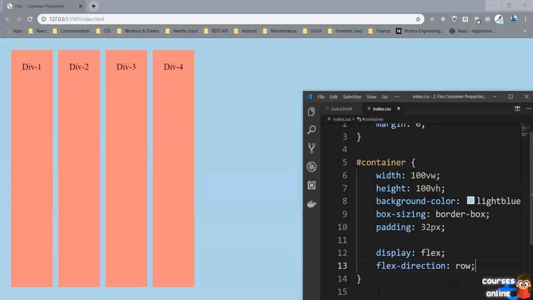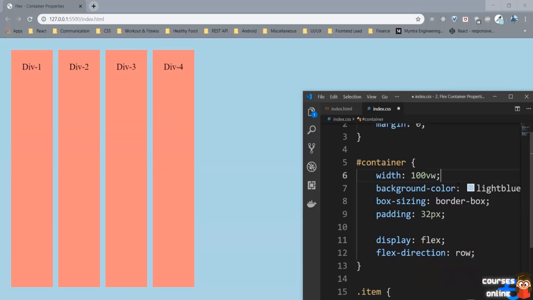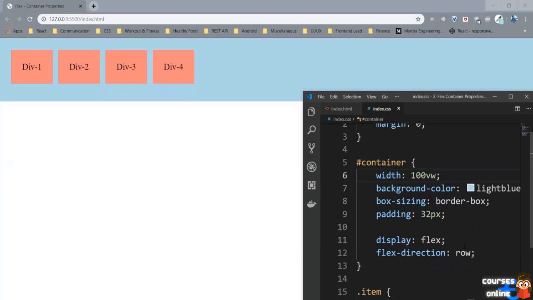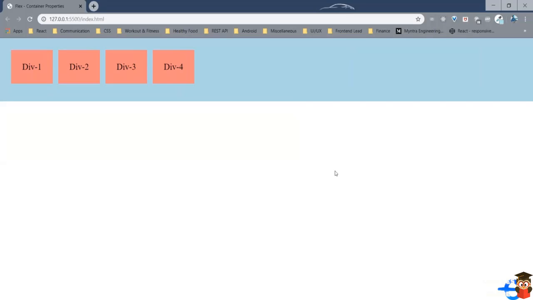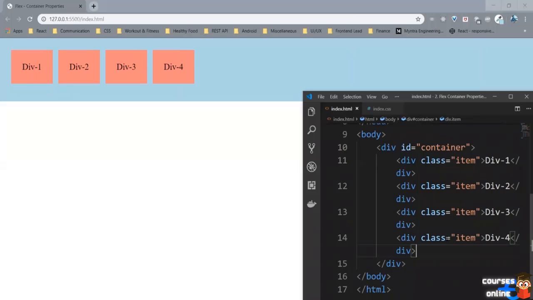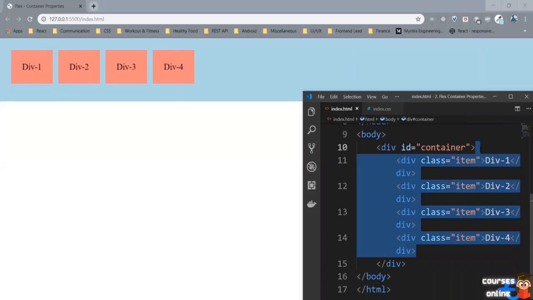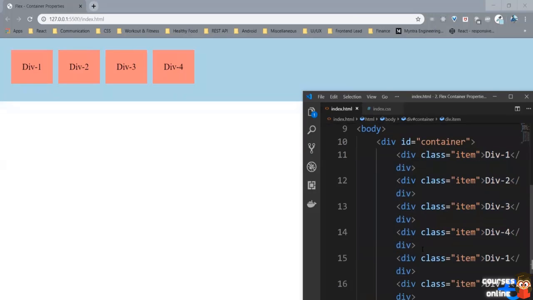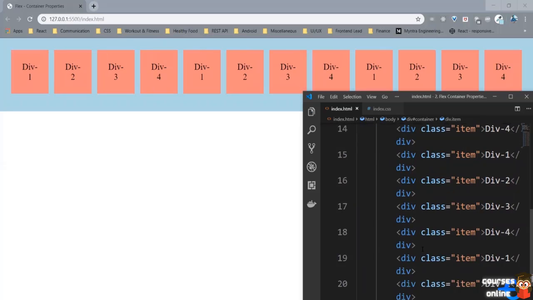All right, so let's bring everything back to normal right now. So flex direction row, let's remove the height. All right, so we've got this normal flex container. Let's say we had more items. So let's just come here. Coming to our index.html file, let's copy it and paste it here. Now we have double the items. Let's paste it again. And now as you can see, our item is a bit shrunk because the